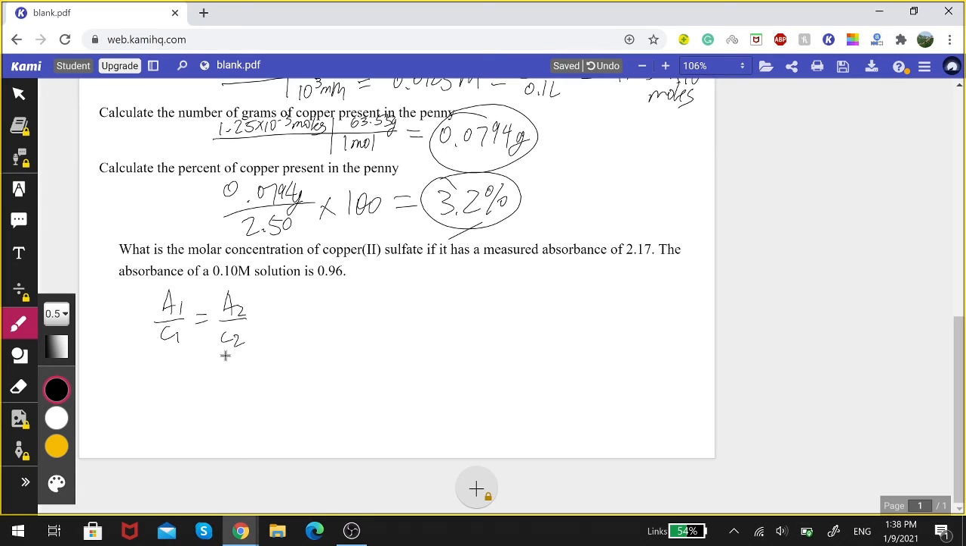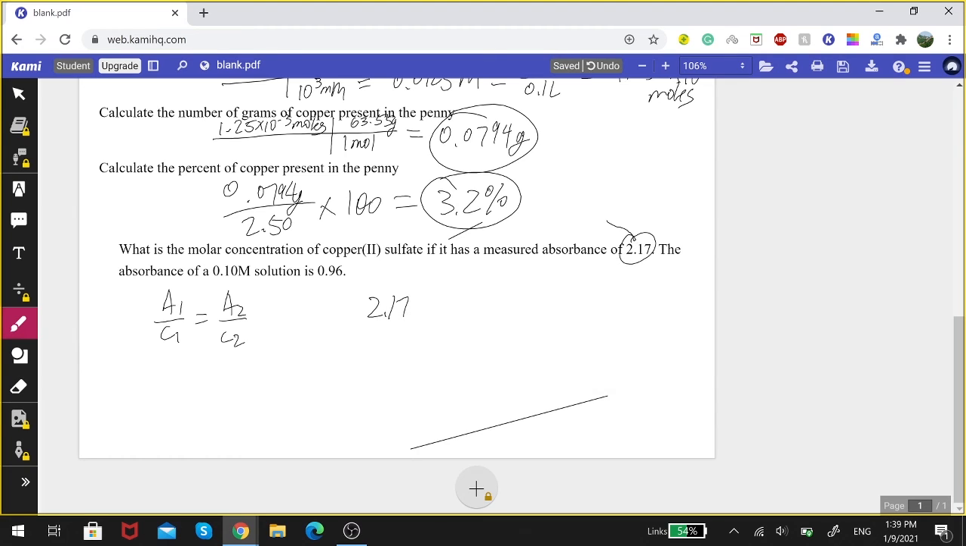So this is another way to determine an unknown concentration using Beer's law, and this is the proportion that we're going to use. So in this question, we have absorbance as 2.17. So let's use that as A1. Now over concentration, we're looking for the concentration. What is the molar concentration? So let's write concentration is equal to A2. Now what is our second absorbance? 0.96, divided by what's the concentration that goes with 0.96? 0.1 molar. So we cross multiply this,